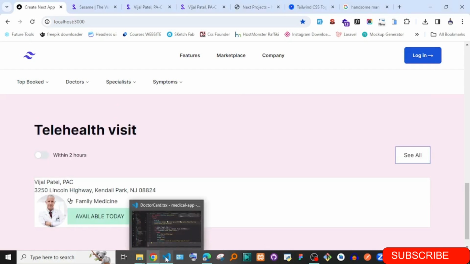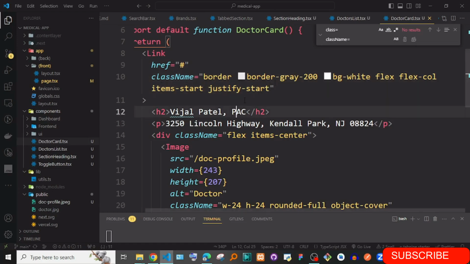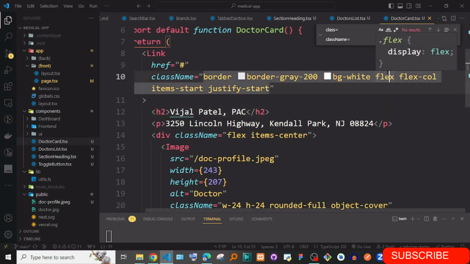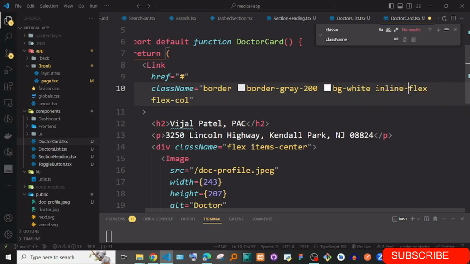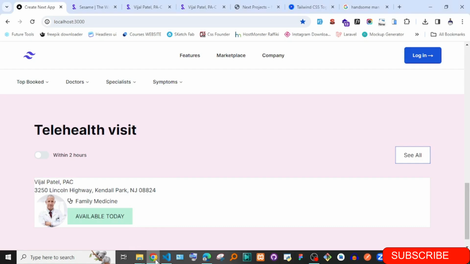Oh, actually this is the one that is the flex. Okay, so it's okay. Let me just put these ones here, and we could just say maybe inline flex. Is it inline flex? I'm not sure if that is the one. Okay,